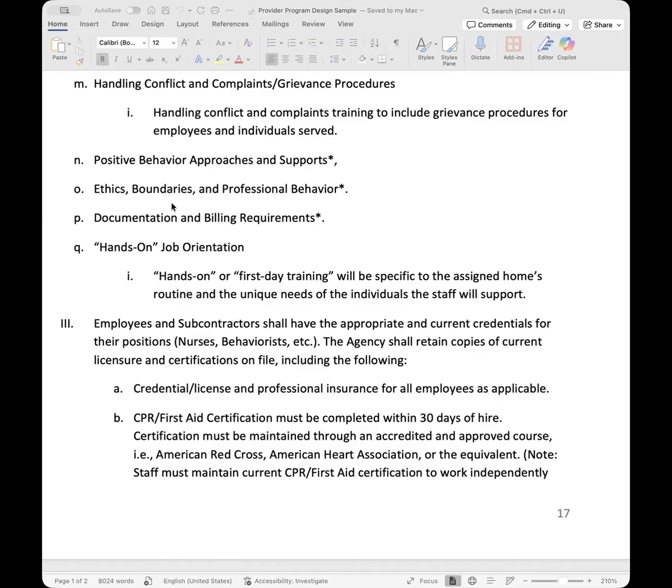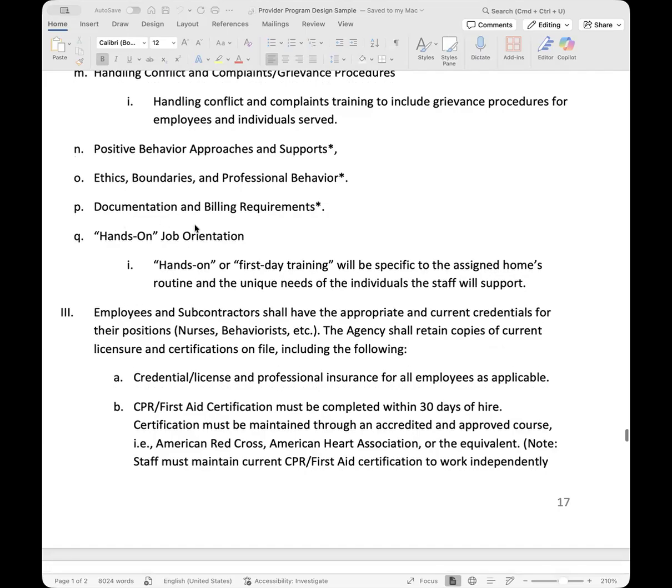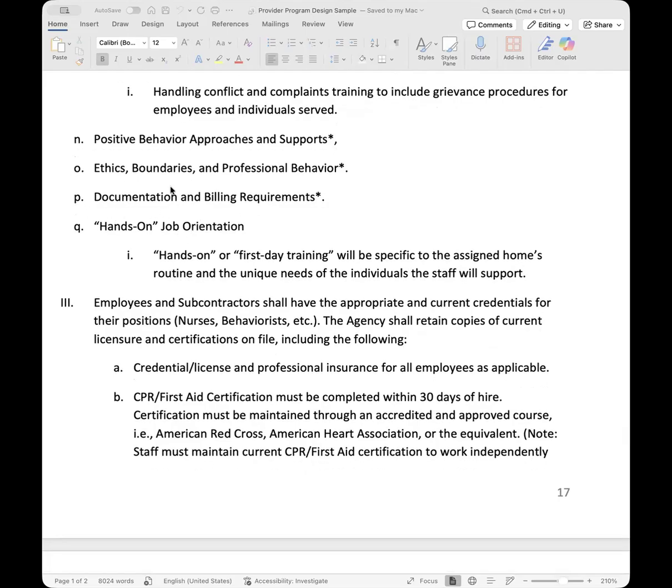So just make sure this is fully clear to your employees that those boundaries are super, super important because regional center does not like those gray areas or anybody crossing those boundaries. Okay, documentation. So just the employee's responsibility in documenting all of the client's progress on whatever their support plans are, making sure they document the attendance, which is used for billing. So this is a super important area to make sure that they're trained on.